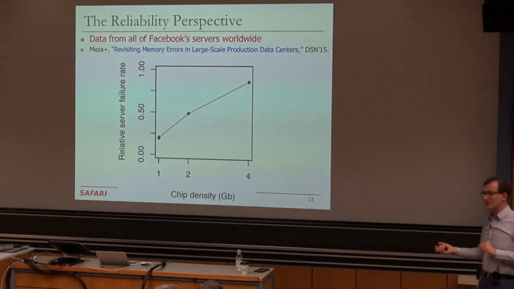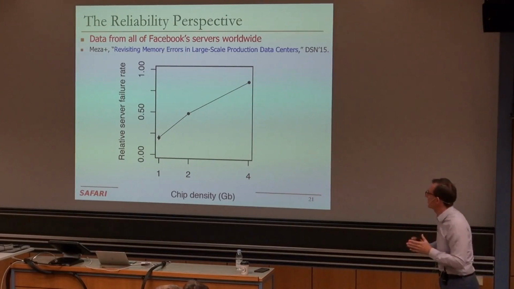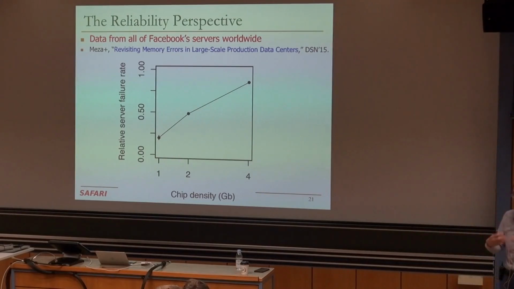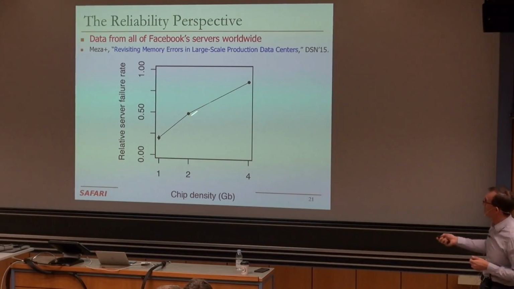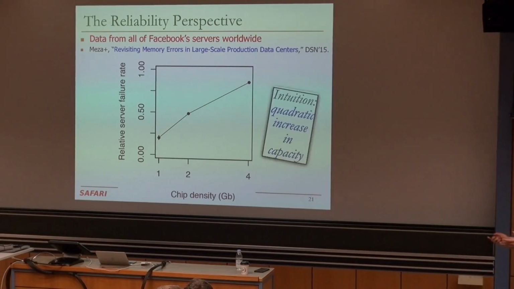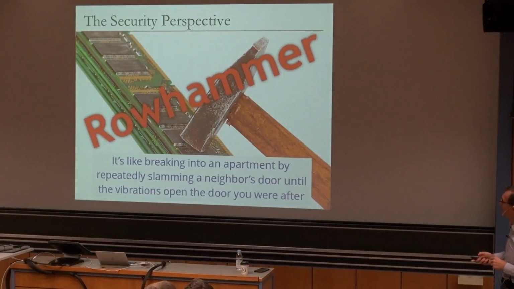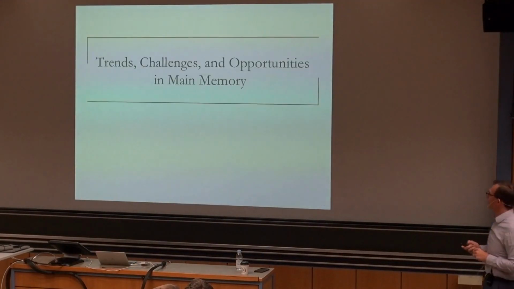Okay, let's look at the reliability perspective. So energy and performance of memory are limiting us today, but reliability is also very important. As we've discussed with Rowhammer, I'm not going to talk about Rowhammer in more detail, but these scaling issues that we have with memory are affecting our systems. And this is what I mentioned to you earlier also. Basically, the reliability of memory is reducing because things are getting too close to each other. And this is causing errors in the systems. And we already discussed this earlier.